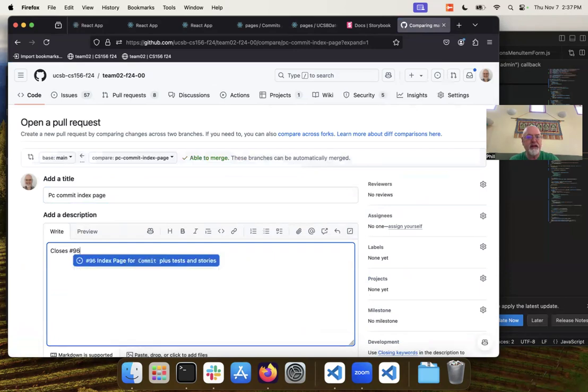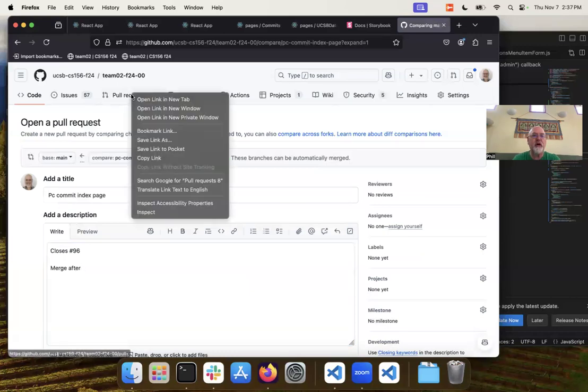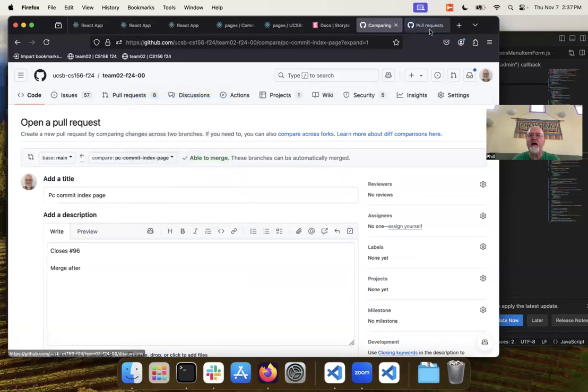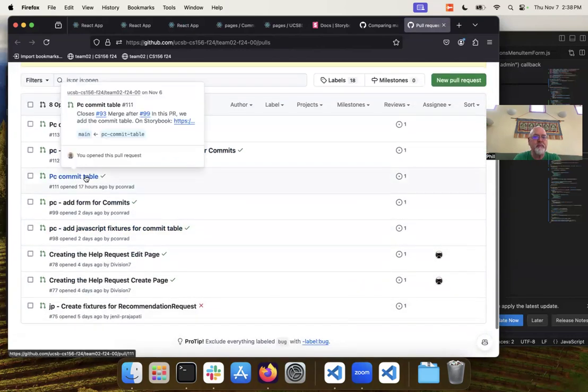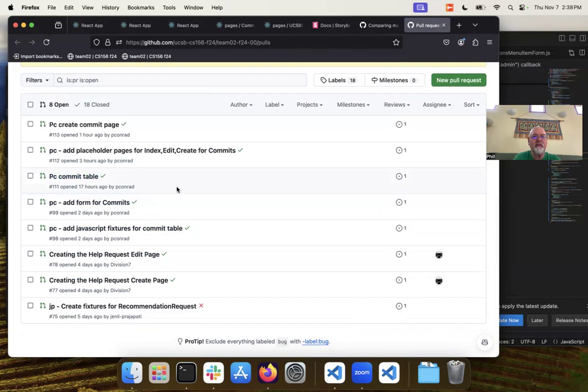Closes number 96. Merge after. And now let me open the pull request queue in another tab. And this has to be after the commit table. So that's 111. And it needs to be after 112, where we added things to the menu. So 111, 112,